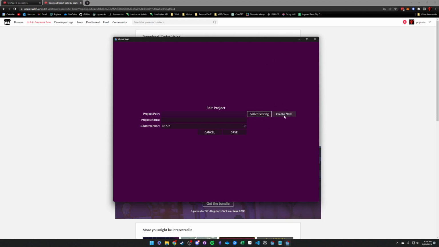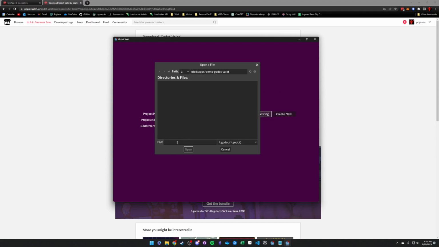And so I added a new feature today, actually, which is Create New. So if this is a new project, I can create new, and it's going to create the project file for me, and add the icon.svg and all that little silly stuff. So I can create a new project and go from there, or what we're going to do is